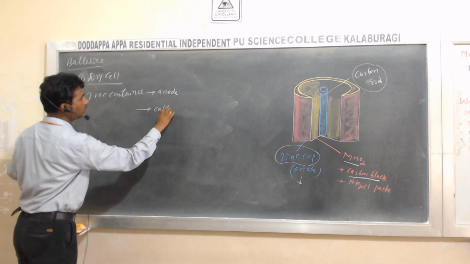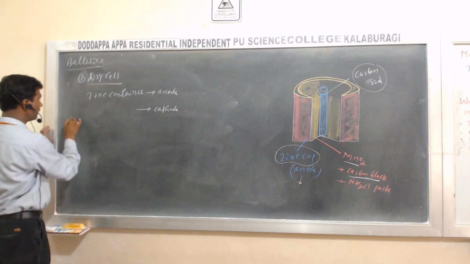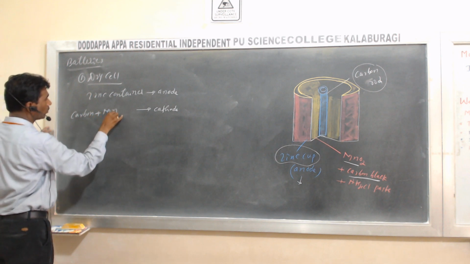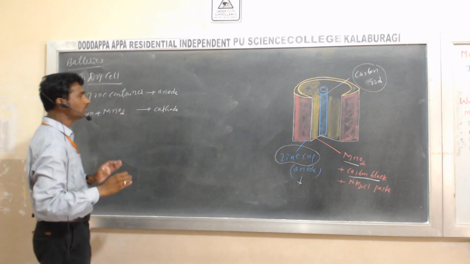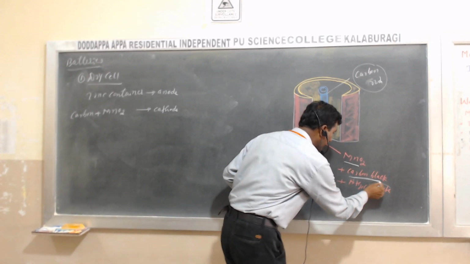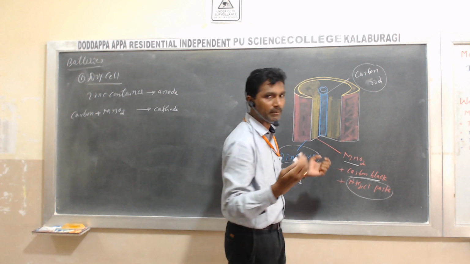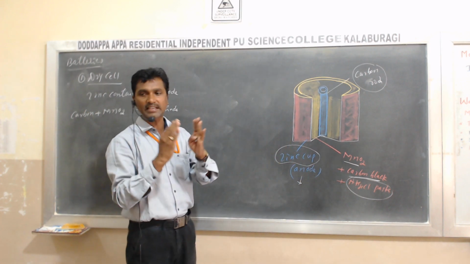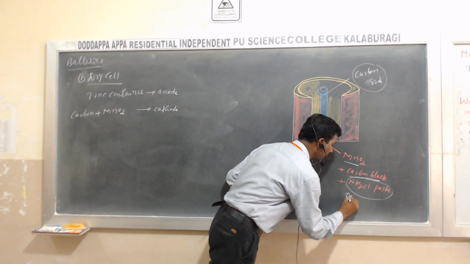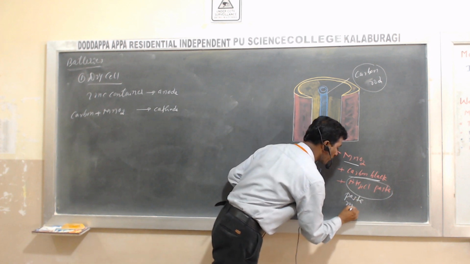Which is the cathode? Carbon plus MnO2 acts as the cathode. And which is the electrolyte? You know that an electrochemical cell always consists of two electrodes, the anode and the cathode, and an electrolyte. Here we use a moist paste of